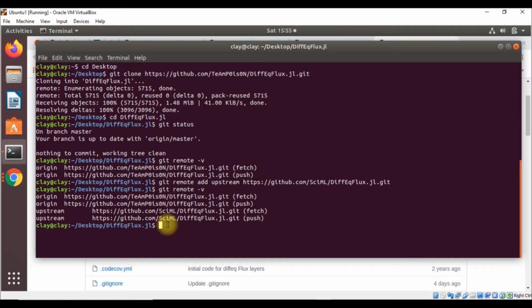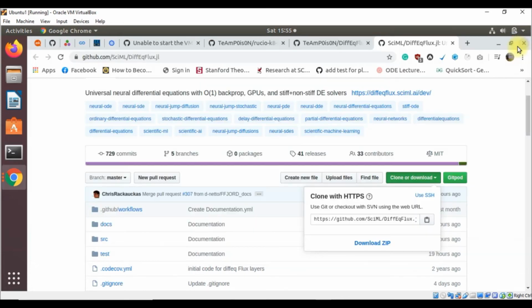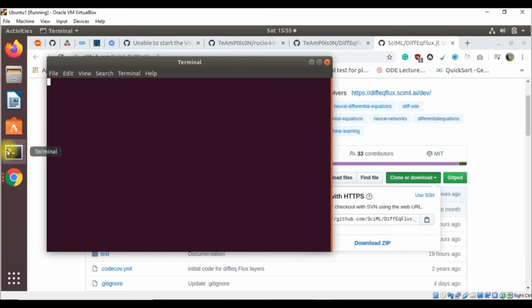We will change the current working directory to our local project.